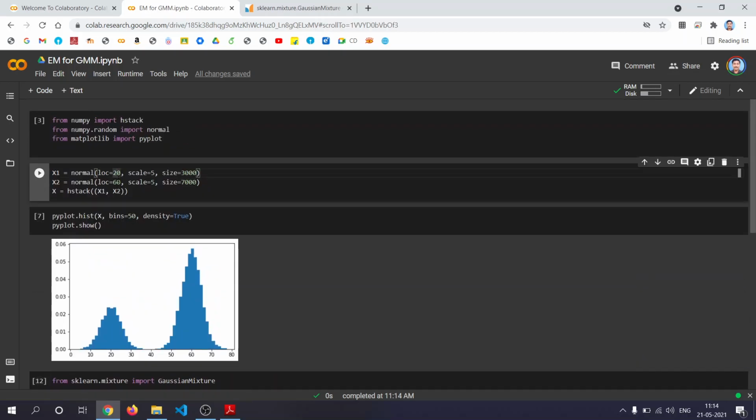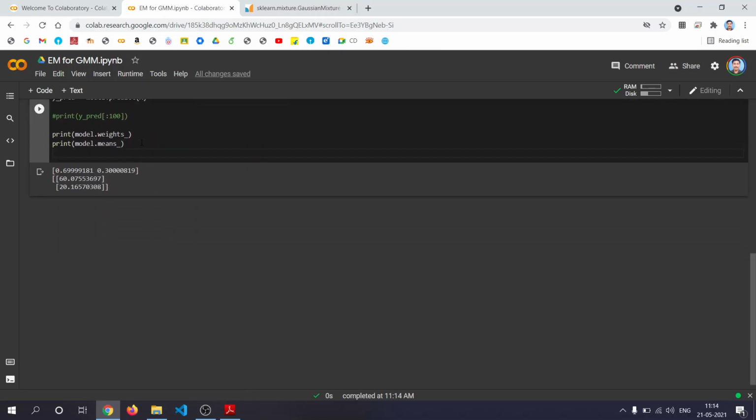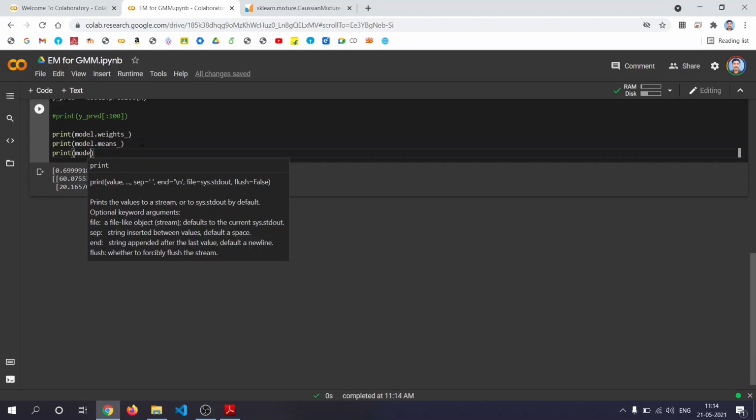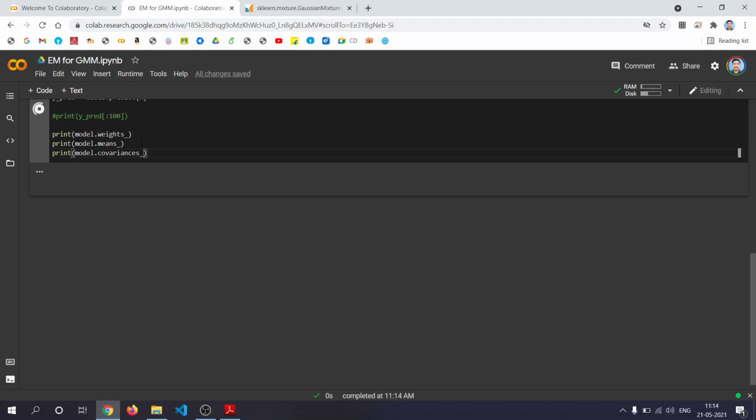The first mean is 20 and the second mean is 60. And you can see the covariance also: print model.covariances_. You can see that the covariance is 24 and 24.